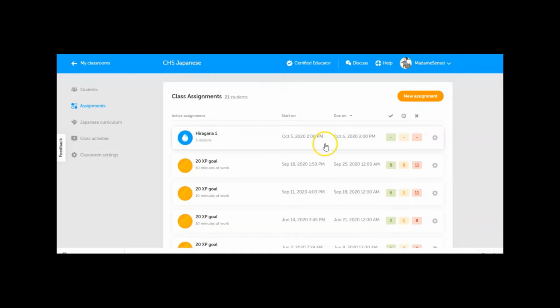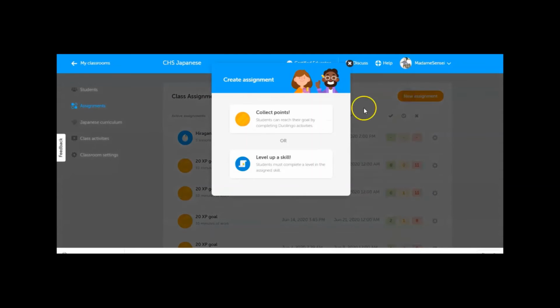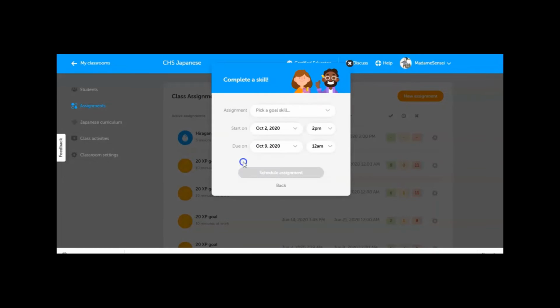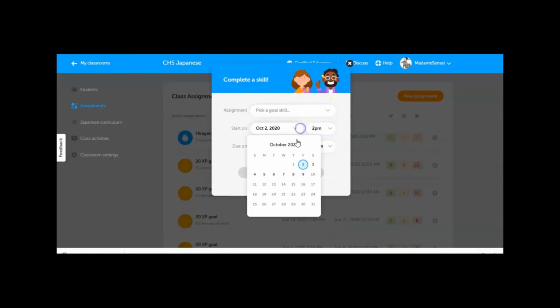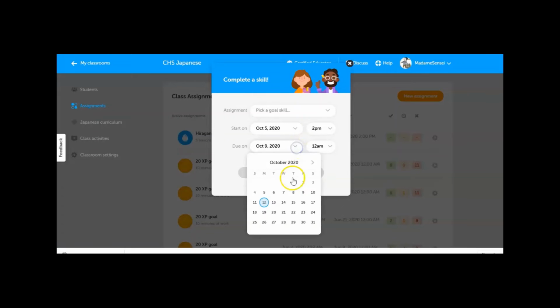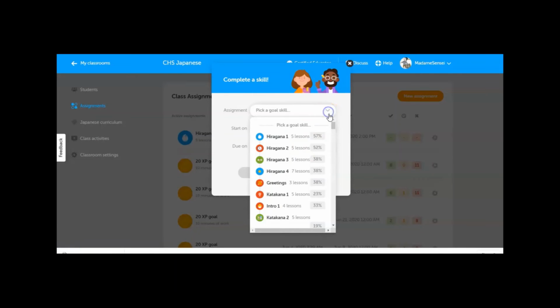Now you notice with XP that I could stack them. I could have an assignment that starts one day and then the next week I could start it. I could actually stack it if I wanted to do XP and skills. I could do them at the same time. Or if I want them to level up again afterwards, you will notice that if I choose the same date range, like the 5th to the 6th,